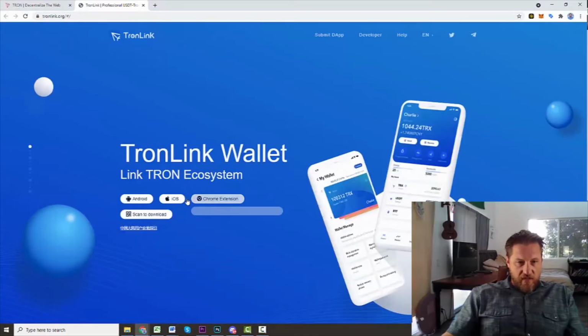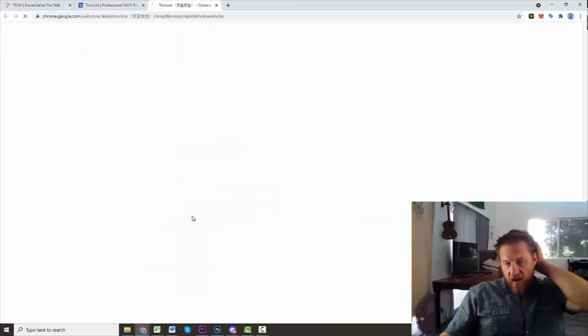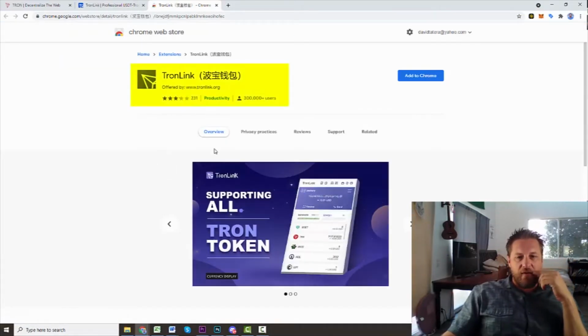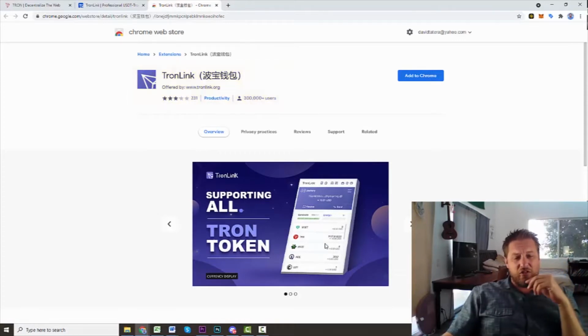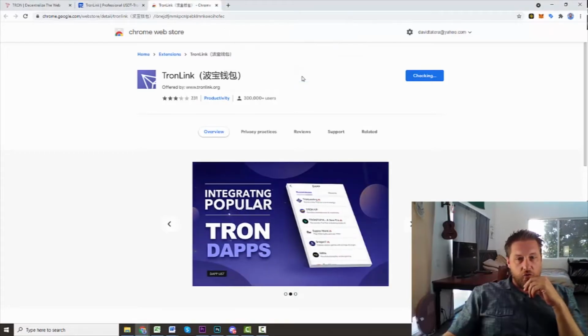Okay, Chrome extension. It looks like it's iOS, Android, or Chrome extension. I would like to get the Chrome extension. And I go about it this way because I feel a little bit safer. Always double check everything, make sure you're getting TronLink, TronLink.org. It's one of the quicker scams that people do is to try to make fake wallets and stick them up there. And if you download them, they're just jacking your stuff. But this looks like the real one, so I'm going to add this to Chrome,